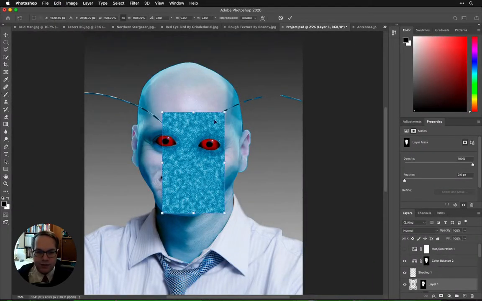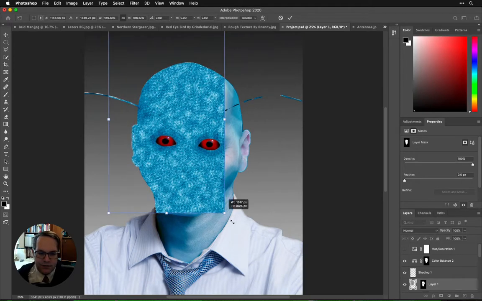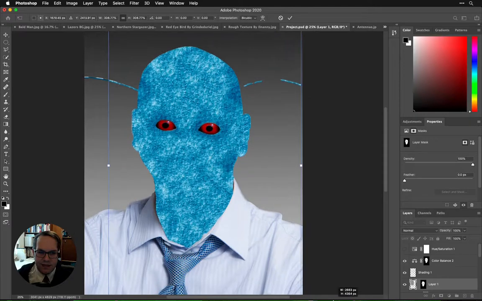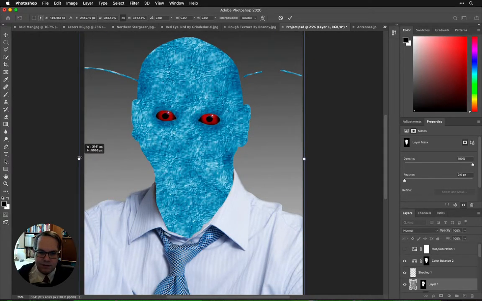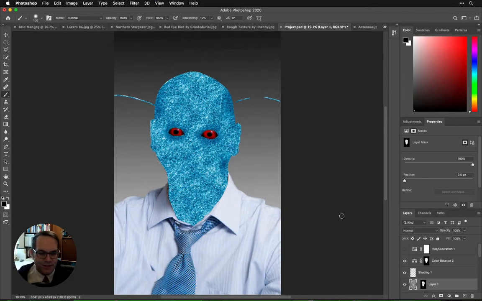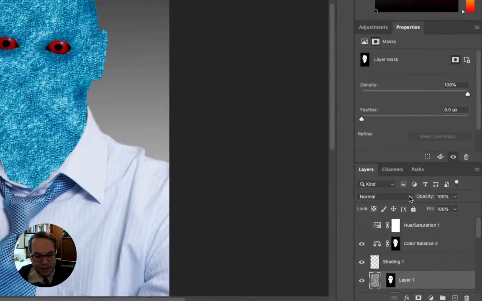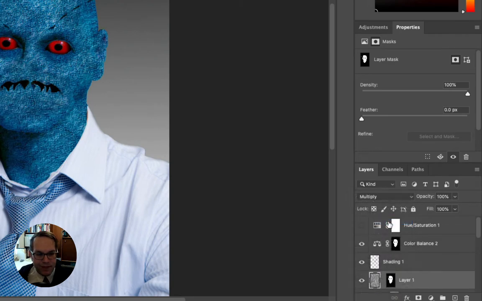And there it is. I'm just going to use the key to increase the size of this so it's spreading across everything. Now, we don't want it to look like this because this is a little bit too much. But if we go into our blending styles or our layer styles and choose something like multiply,